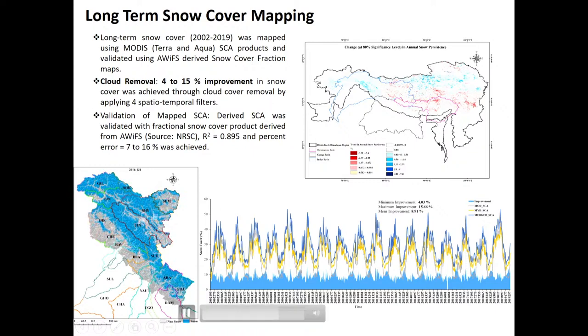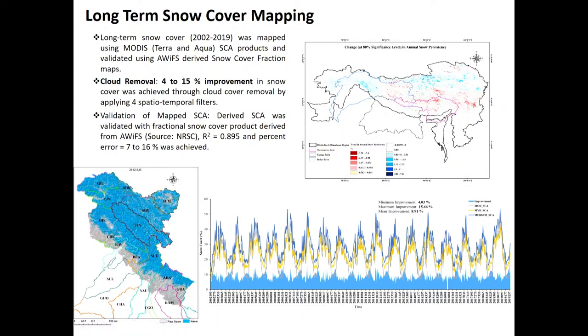First, we have used the elevation mask. At a certain elevation only there will be snowfall, so we have used that in this analysis. Wherever cloud is there, if there is snow before the date of the image and after the date of the image, then we have interpolated and improved the snow cover mapping in this kind